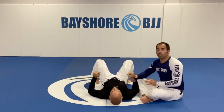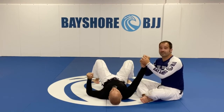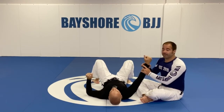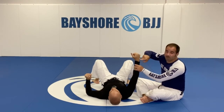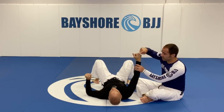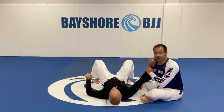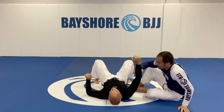Now it's important that when I'm sitting back, I'm making sure that his thumb faces away from my shoulder. And one way to think about that is I'm gonna want the wrist bone that's opposite his thumb. See, there's a wrist bone on the side of his thumb. I want the other wrist bone against my shoulder. If I sit back for an arm bar,